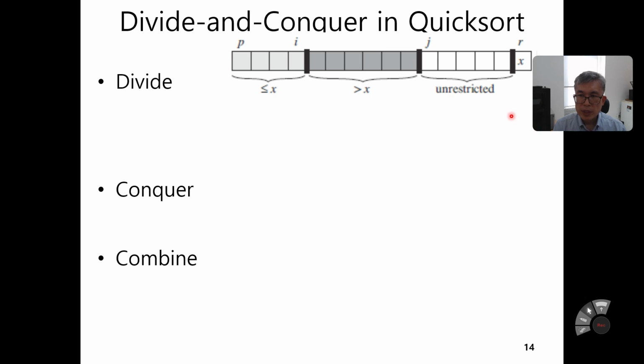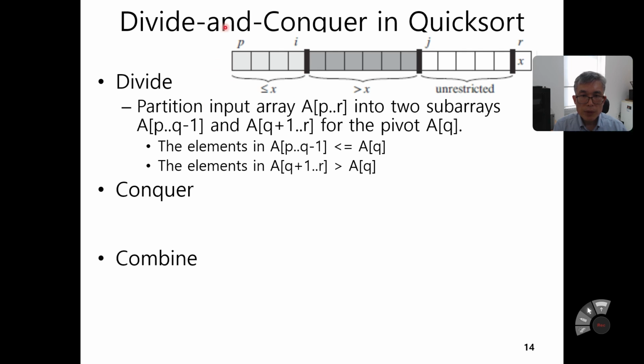Okay, so in the algorithm textbook written by MIT, the idea is they are using 4 areas: divide, conquer, combine. The left-hand side, this one is x. On the right-hand side, the rightmost one is a pivot, different from the previous example, right? So we can select the first one or the last one, it doesn't matter. This part is less than or equal to x, the first partition. And in the middle, this partition's values are greater than x.